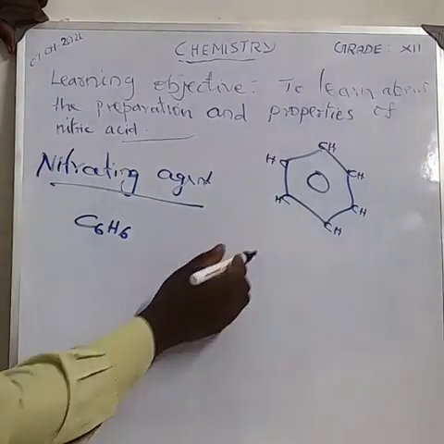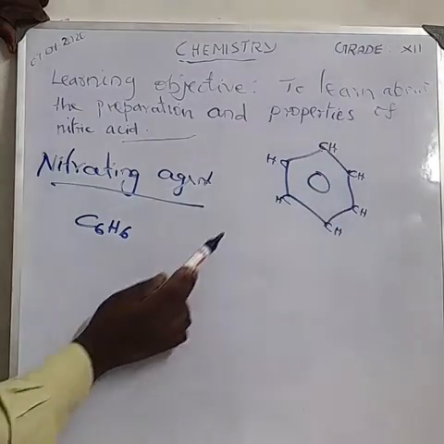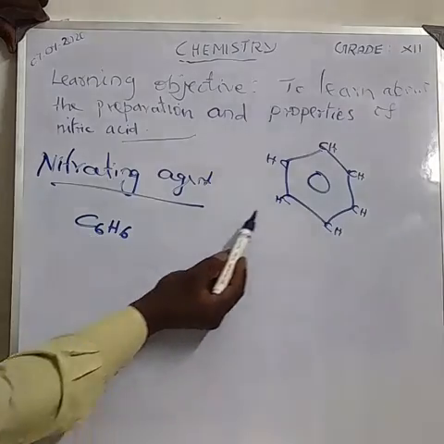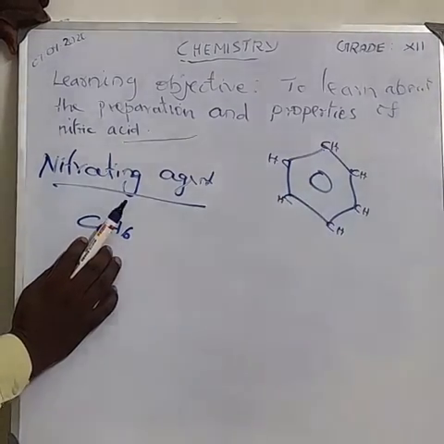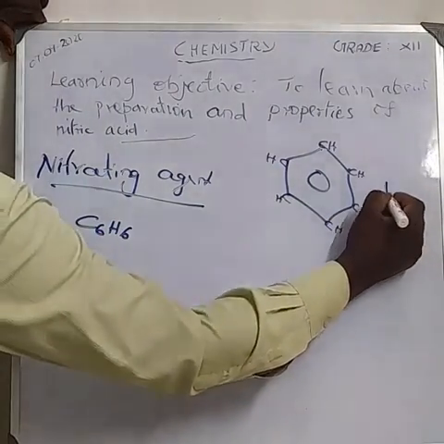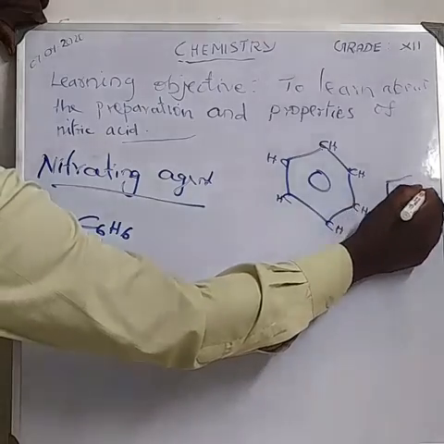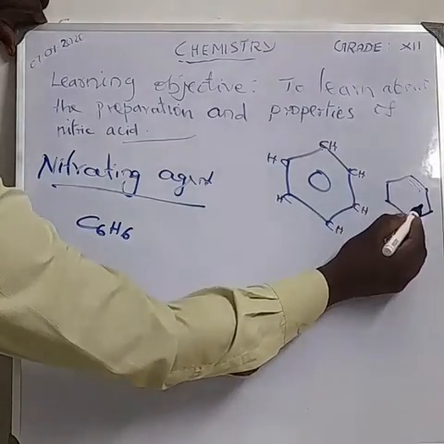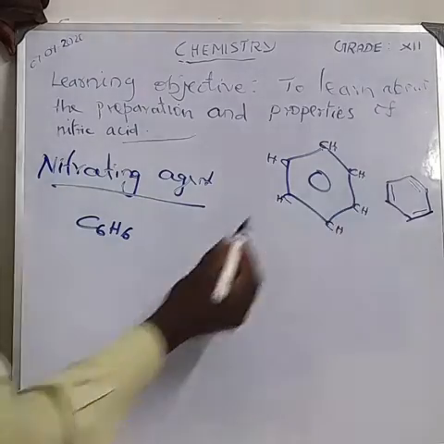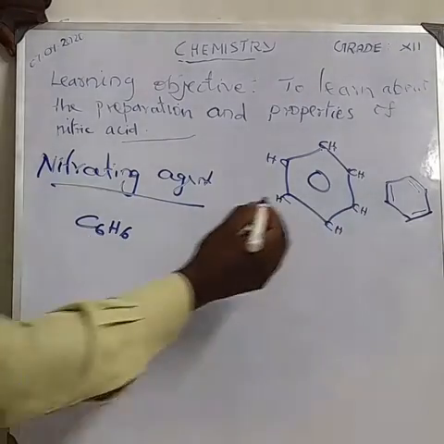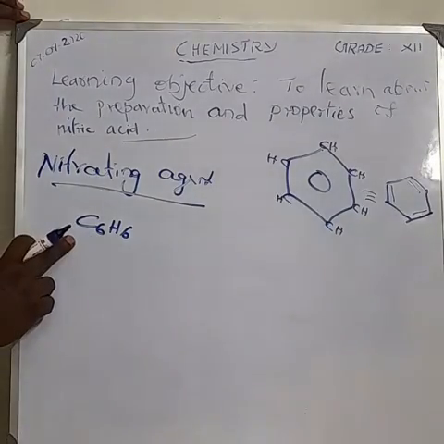Okay, so how much carbon atom is there? 1, 2, 3, 4, 5, 6. 6 carbon. How much hydrogen is there? 1, 2, 3, 4, 5, 6. 6 hydrogen is there. Okay, this also can be written like that, alternating with double bonds. First make it double bond, next single bond, double bond, single bond, double bond, single bond. This also can be right. This is equivalent. Okay. Next one. This is the formula for benzene.